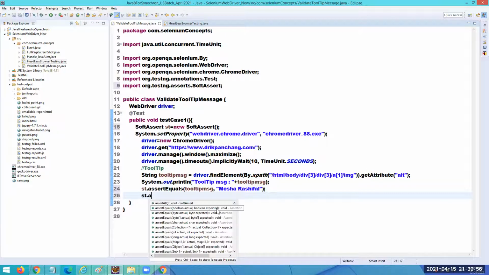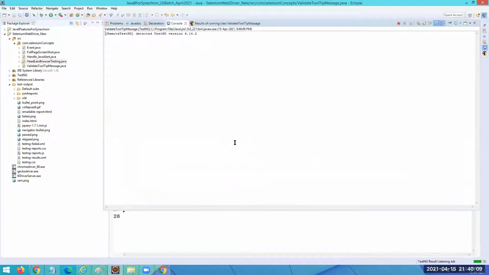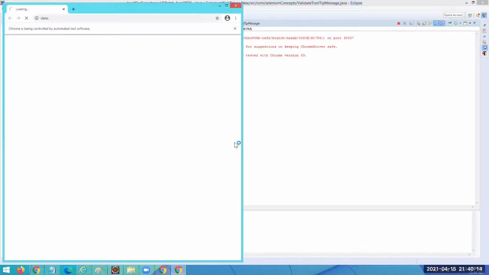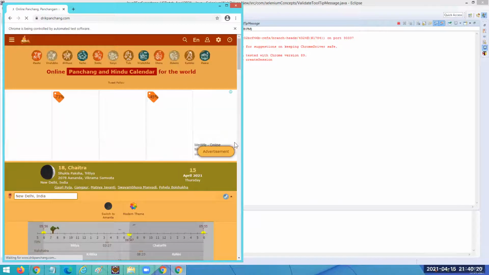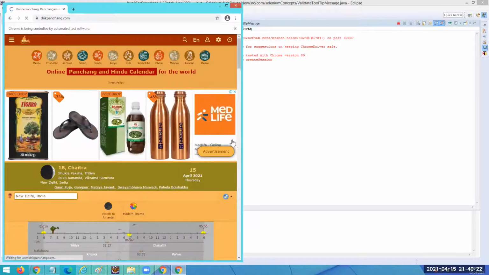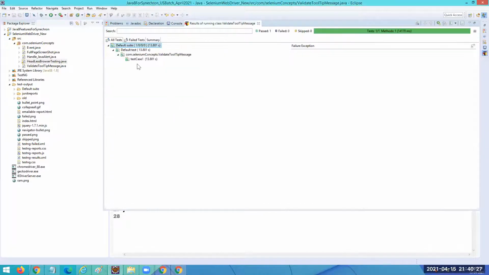I think you know, irrespective of whatever method you use in the SoftAssert, it will be dummy code without using assertAll. I must use assertAll at the end. Now both are matching. It has to give the result as pass, right? So I'm going to run this. You can see it launching the browser, opening this URL. Then once it gets this message, it's going to print. Then it's going to compare your expected string with the actual string. Both are matching. It's going to give the result pass. Can you see it has given the result as pass?